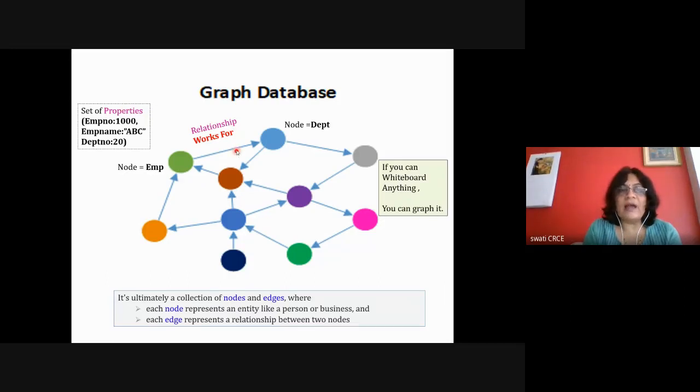Even the edge can have a set of properties, which is a collection of keys and values, where the key indicates the column of RDBMS and the value indicates the corresponding value for this particular row. So this is a row, and these are 3 values or 3 columns for this particular row. This is the entire table, and this is the particular row, and for that row there are 3 columns.